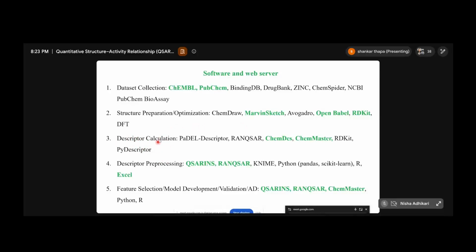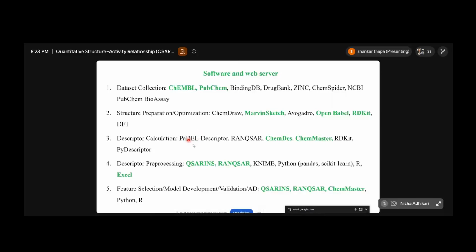So where do we calculate the descriptors? I said at the start that we have to calculate around 1500 to 2000 descriptors. Okay, so from where can we calculate those descriptors? The very famously used software to calculate descriptors is PaDEL. It's freely available, but I don't know about nowadays. I'm not finding it online. So I don't know what happened.